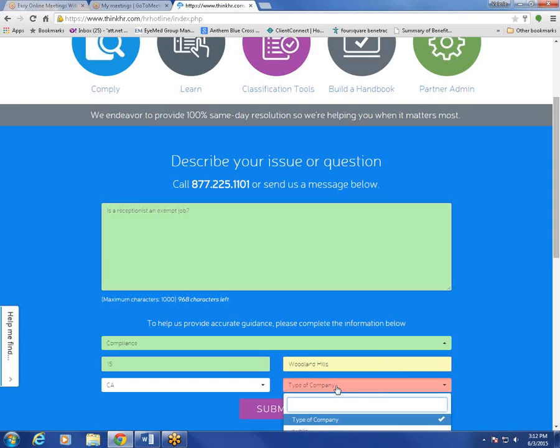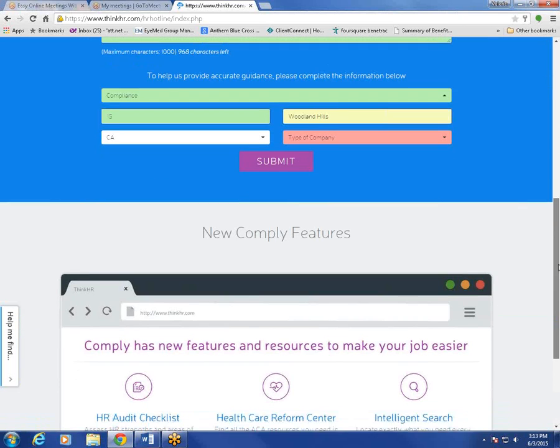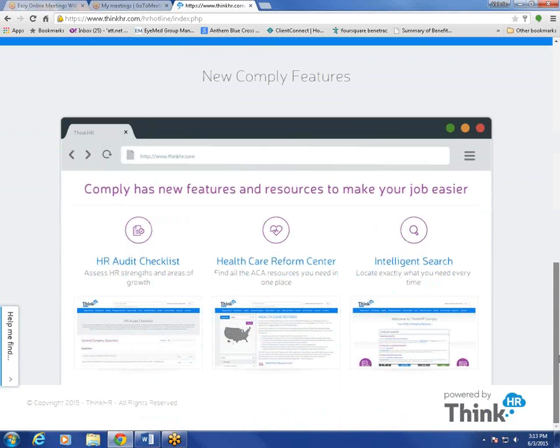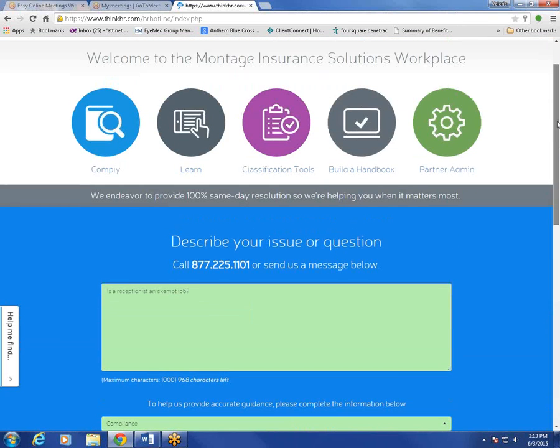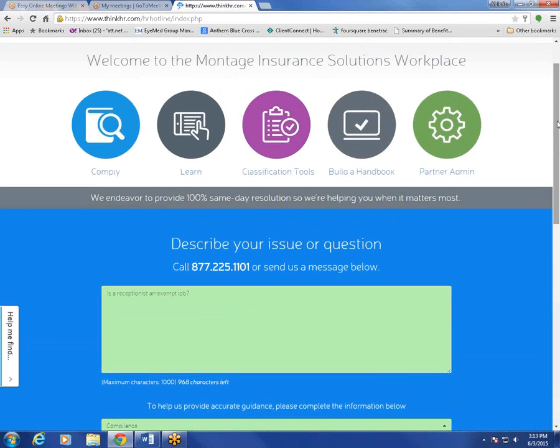The type of company, insurance, and then what I would do is hit submit. Once I hit submit, this goes to a person at ThinkHR. You will get an email back to you stating that they've received your question and that they will get back to you with an answer shortly. You'll see that if you go down a little further, it gives you a little bit more information on the comply features. But this is how you would submit a question via